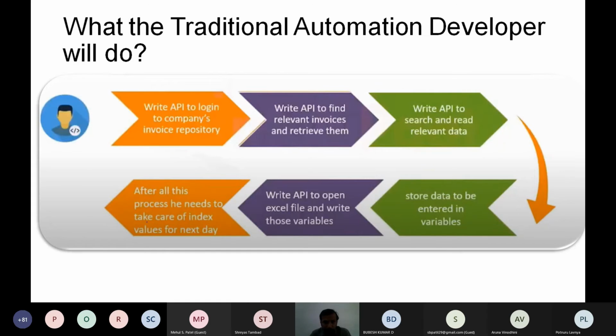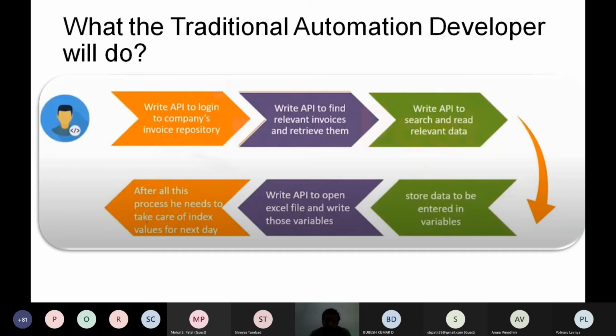Then you have to write another API to open an Excel file and write the variables which I have already stored. So another API to open the Excel file and write those variables. Once you are done with this, think that you have got 50,000 orders today, so it is 50,000 data with you. Now the next day starts with 50,001.